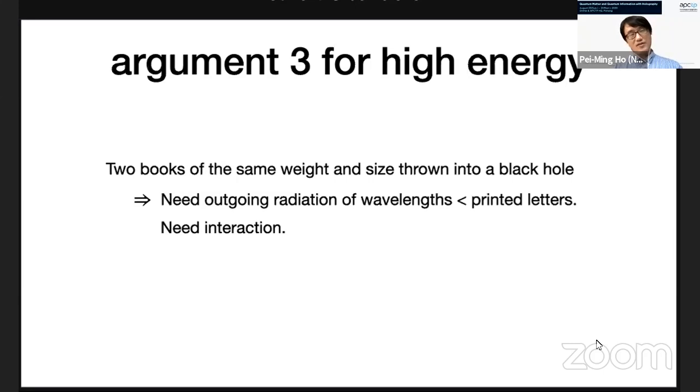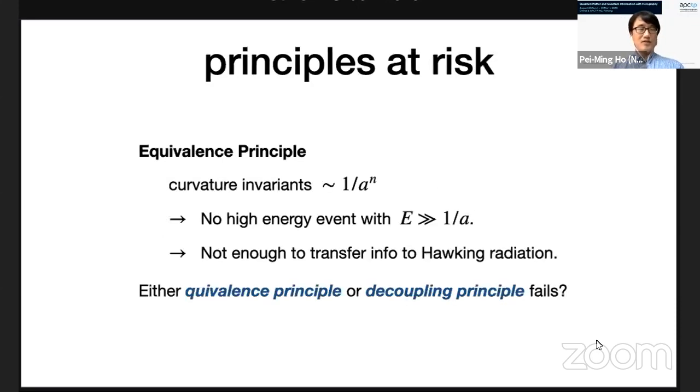So all the arguments are similar, but I emphasize different aspects, like the size of the information and the wavelength, or in the previous examples, the conserved charges, and so on. So the information loss paradox is really important because it's about fundamental principles in conflict. People believe in the uneventful horizon assumption in the conventional model mostly because of the equivalence principle.